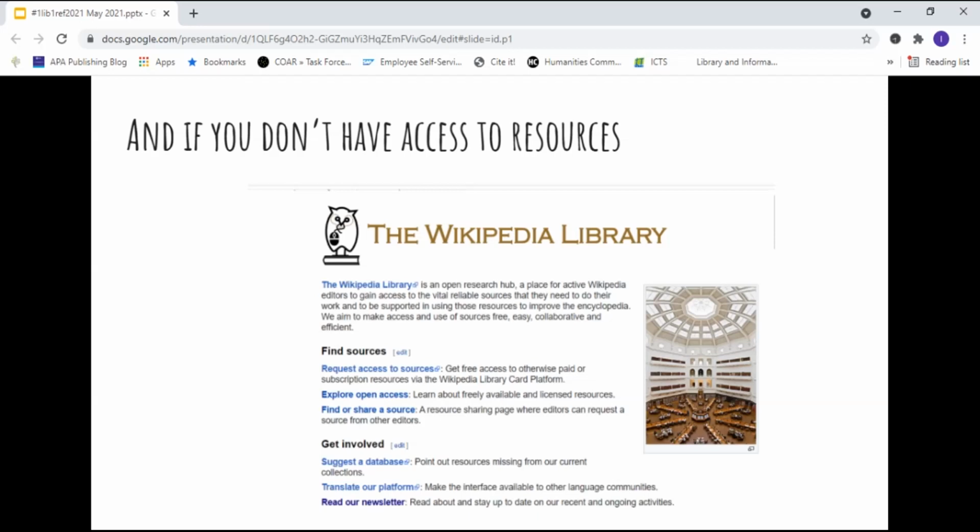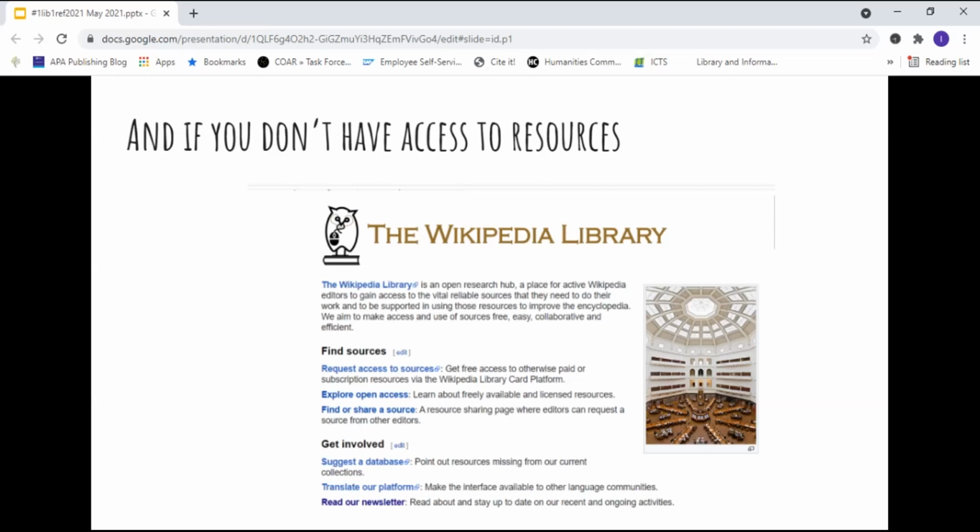So it's again access to the databases, and databases that we are familiar with. Sabinet is there, ProQuest, EBSCOhost, JSTOR. There are a range of databases which is available to Wikimedians who have a certain number of edits under their belt.